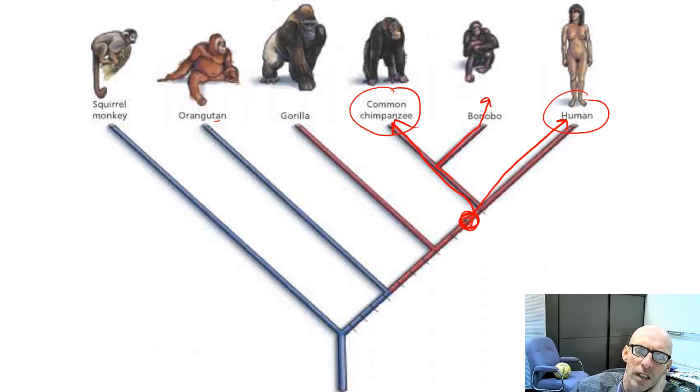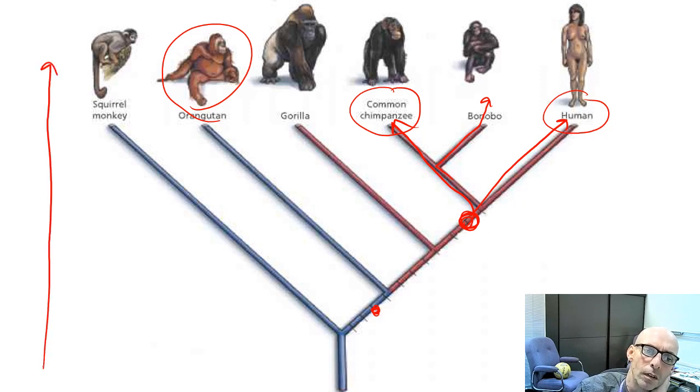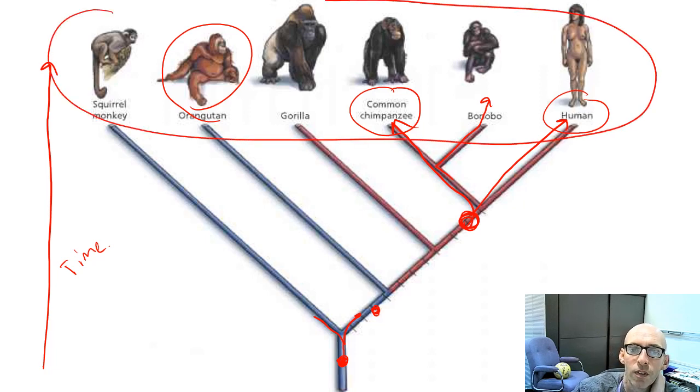How close are we to an orangutan? Well, us and orangutans had a common ancestor here. And this tree is showing time over millions of years. So this creature that lived here millions and millions of years ago, some of its offspring have developed over millions of years into these different species at the top. All of these different species come from this original species down here. And that's the theory.